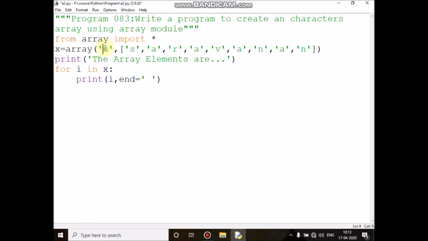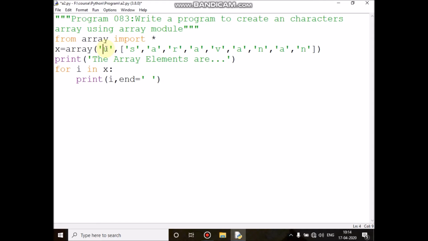There are 13 type codes available. Small b is signed integer, capital B is unsigned integer. Both occupy 1 byte in the memory. If you want to store each element, it will occupy 1 byte. Next one is small h and capital H. Small h is a signed integer, capital H is unsigned integer.